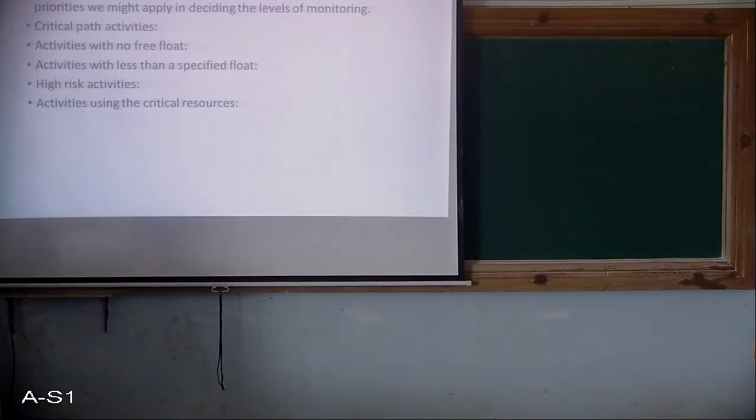So if he is a member of the project team, then he is available as a part of a normal job. But if he is controlled by some other external resources, then it will be problematic for the project if they could not complete that activity within that person's availability time. So that is what the activities using the critical resources are. This all needs to be monitored on a priority basis.